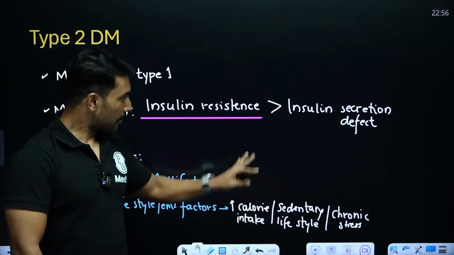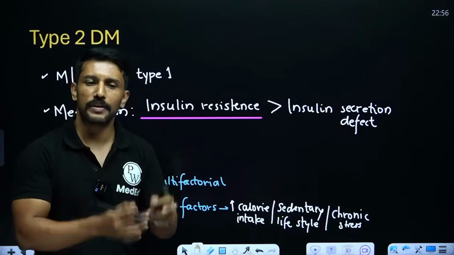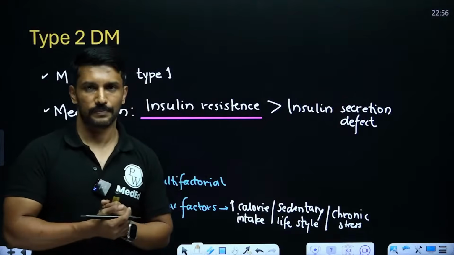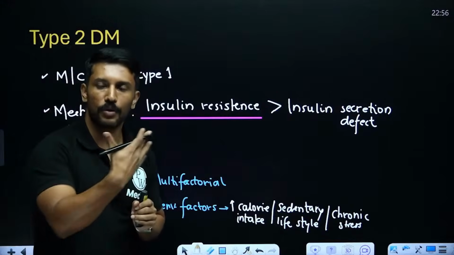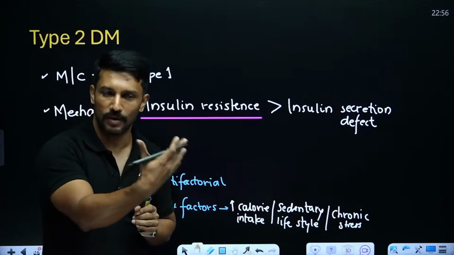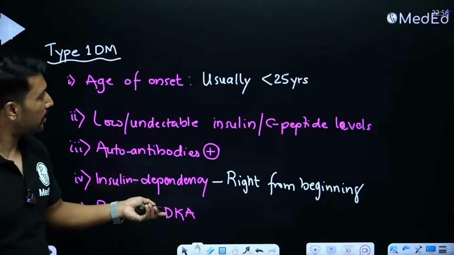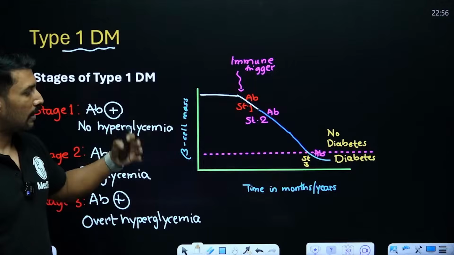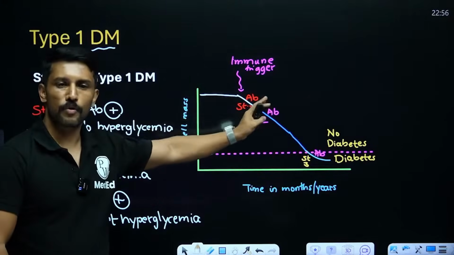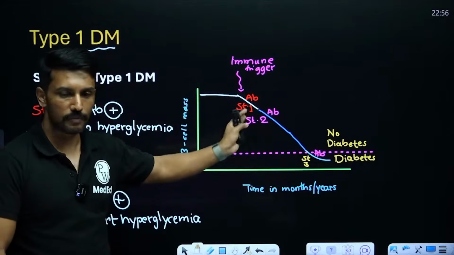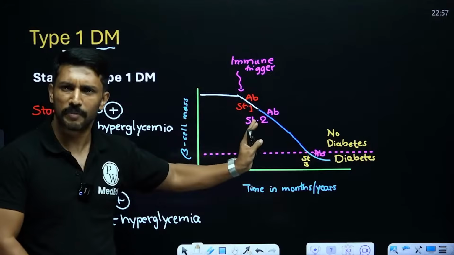And type 2 diabetes mellitus in the early stages, in the pre-diabetes stage, has a perfect chance of reversal. You can halt, slow down, or revert the progression of pre-diabetes to diabetes if it is type 2. Type 1, yes, we are still investigating. We are trying to develop mechanisms to halt the antibody production. Even vaccines are being developed. But when it comes to type 1, it's still at experimental stages.